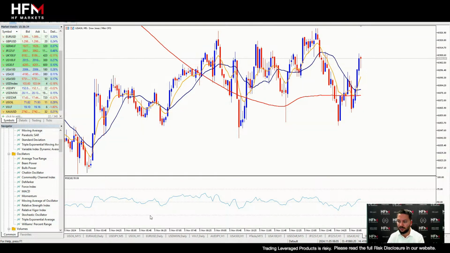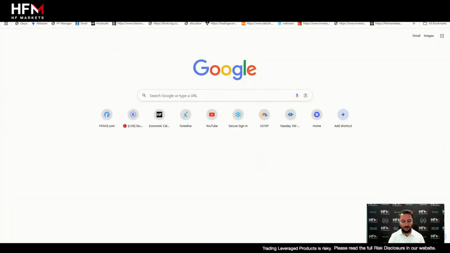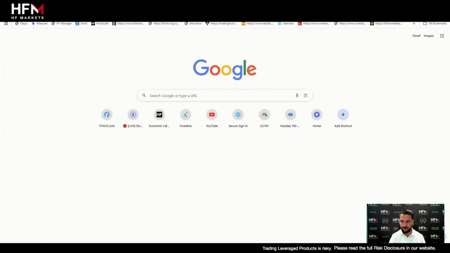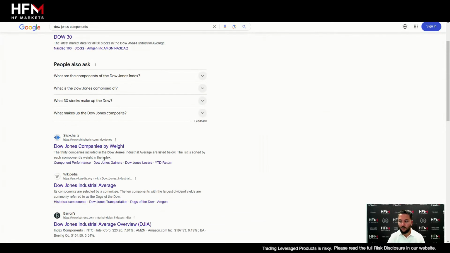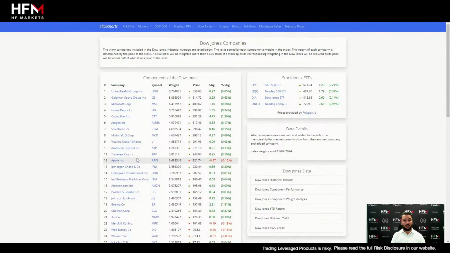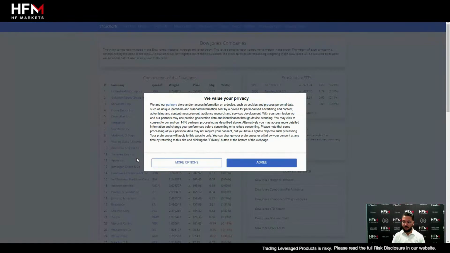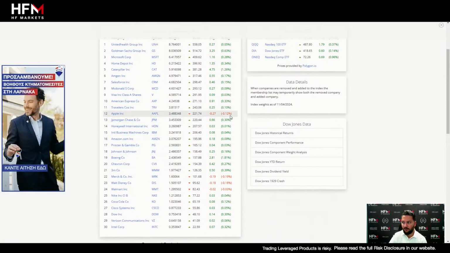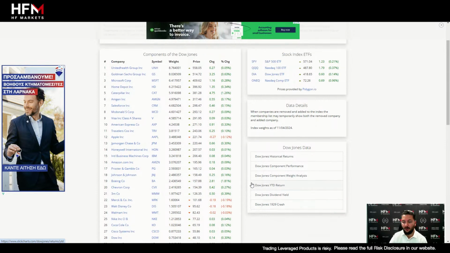What I will also say, because like I said, there is a slight bias towards the upward price movement, but it massively is going to depend on the elections. What I will say is there are some other components which are indicating upward price movement. Number one, if we look at the Dow Jones stocks, only one, two, three, four. So out of 30 stocks, only four are declining today. That's one thing we can take into consideration.